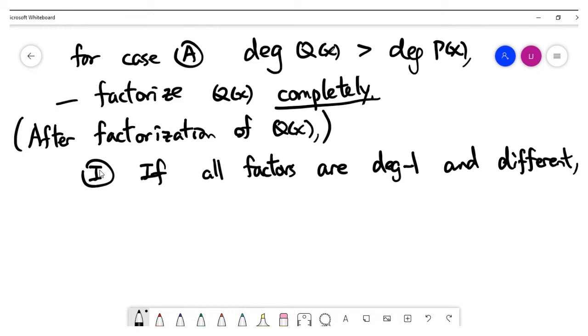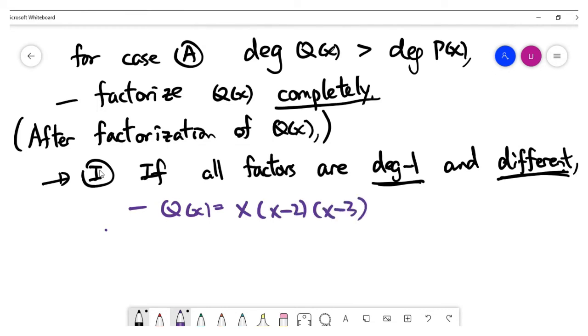If all the factors are degree 1, and all the factors are different, I put it in category 1. It belongs to the easier case, but just to make sure you understand what I mean by all factors have degree 1 and they are different, let's look at the current example now. You see, for example, like this case, if after factorization you're having this one,